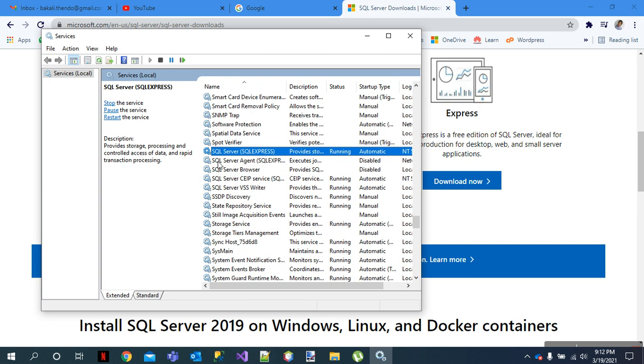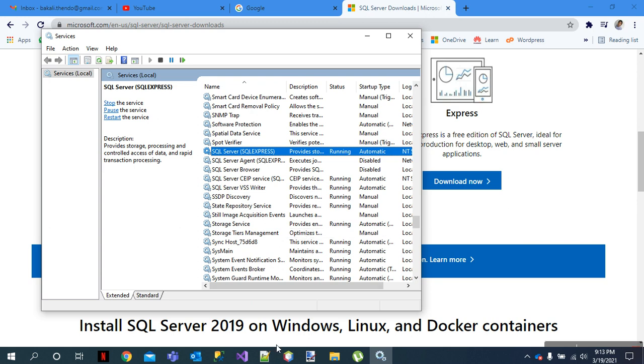So you've got SQL Server Agent, Server Browser, Server CE, IP services. You also have Server VSS Writer. Those are the services that are there, and you can already see on the status here there are other services that are already running. So the next thing you want to do is to see the server name. The server name will be, after saying SQL Server, it will show you the server name itself. So the server name has been set up as SQL Express in all caps, right? So that's one way you can find out the name of the server.